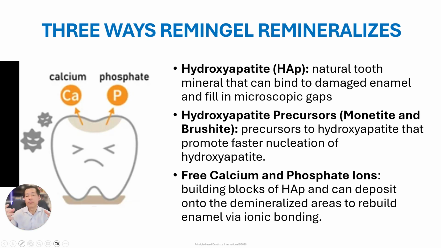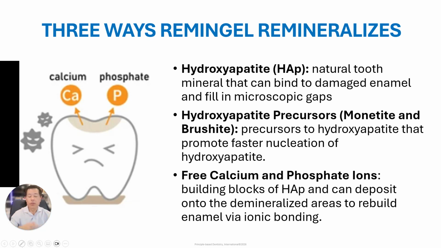So if we're losing hydroxyapatite, the hydroxyapatite in the Remin gel can reattach to that damaged enamel, fill in the micro gaps. Because we have the precursors to hydroxyapatite, the monetite and the brushite, those can promote faster nucleation of hydroxyapatite. And then in order to get that formation, we've got the calcium and the phosphate ions,